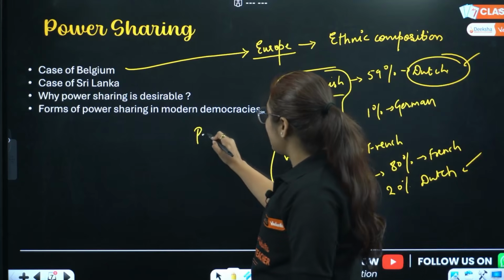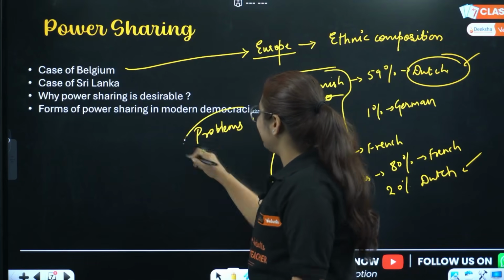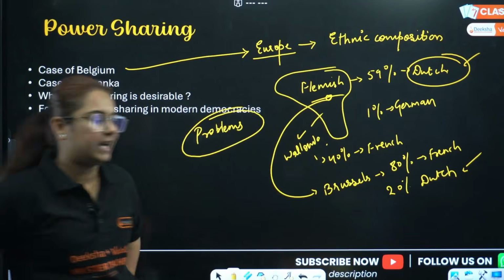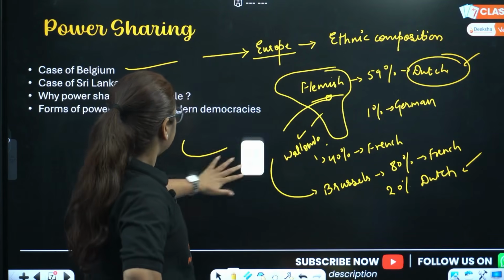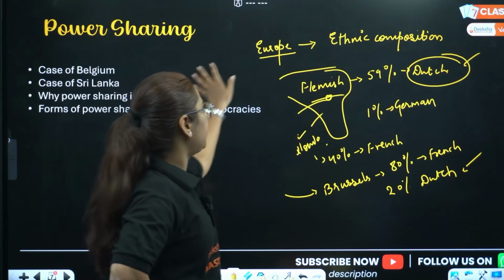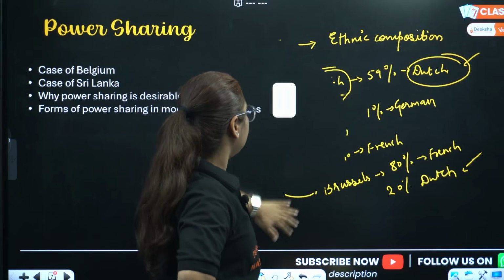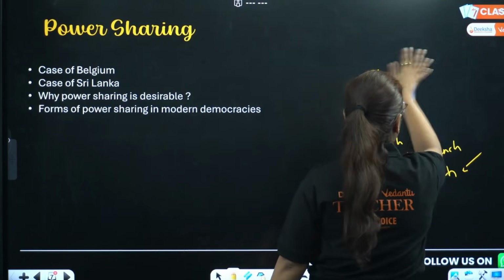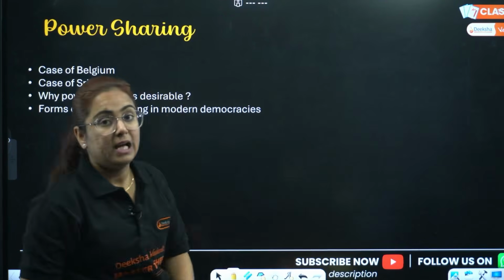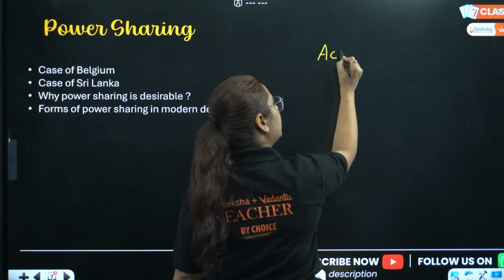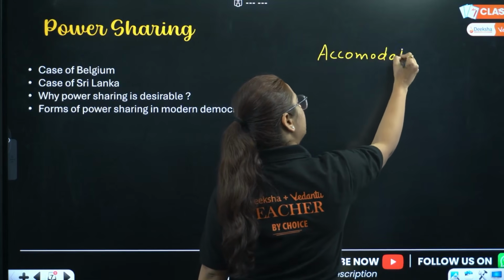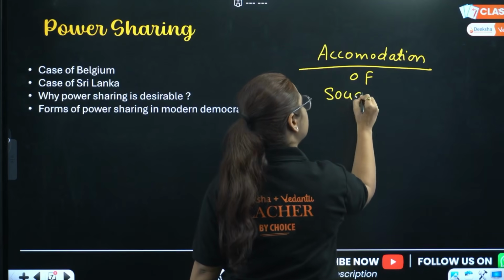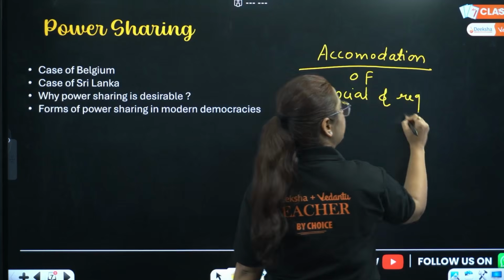However, the problem starts with the fact that these French people were relatively rich and powerful, and where there is money, everything went into their hands. The harsh reality: the French people were so relatively rich, all the benefits were enjoyed by them early. So don't you think that the Dutch people will be unhappy? Yes, a civil crisis arose, but this civil crisis was sorted in Belgium by accommodation. And what is accommodation? Accommodation of the social and regional diversity.